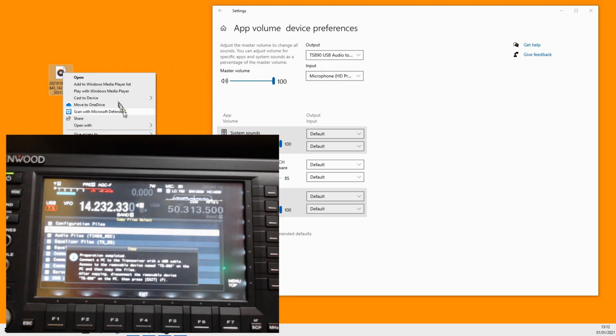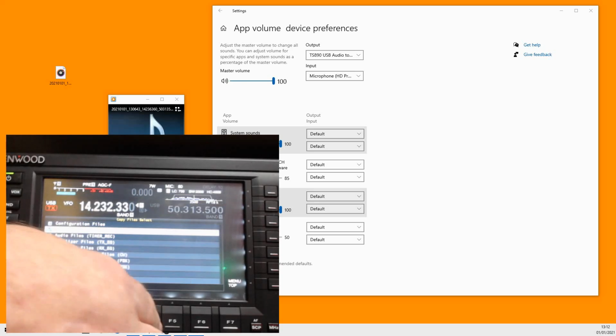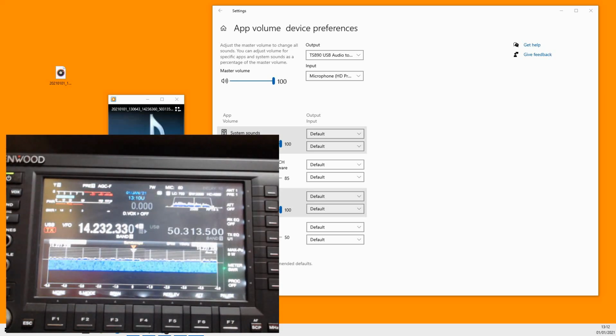I'm going to open this in something like Windows Media Player, which is probably the simplest thing that we've got. Now, if we were to just put this back to the beginning, and if you were to press send on the rig now, let's exit that, I'll keep the files, exit that. So if we were to press send on the rig now, and now press the play button,